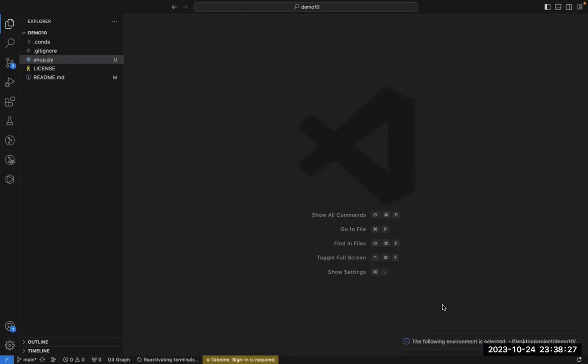Can you see this message? The following environment is selected. I am also getting the same message that you were getting. Fine. Yes. So this environment has been created for this project. Now, next thing that I need to do is,